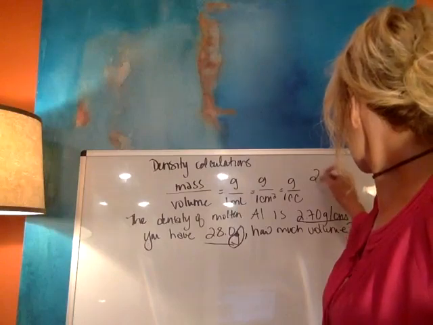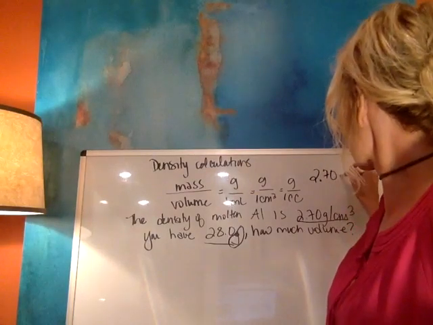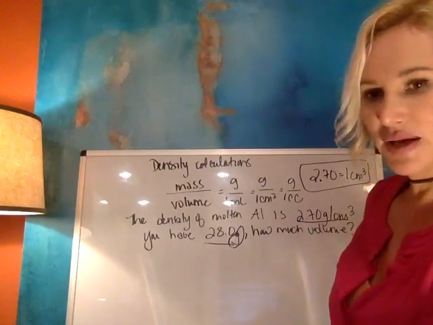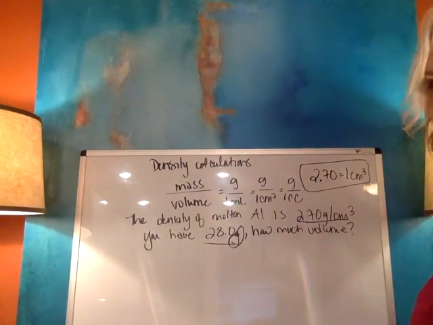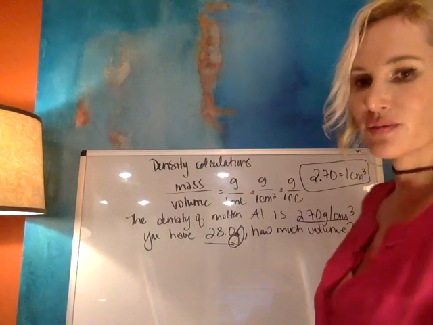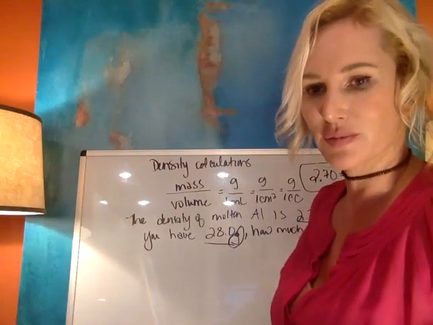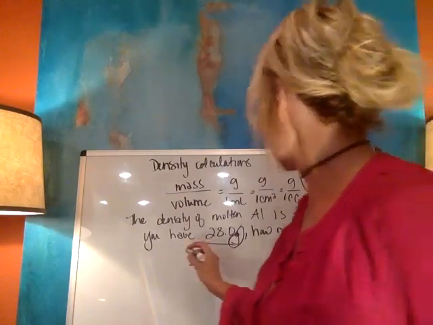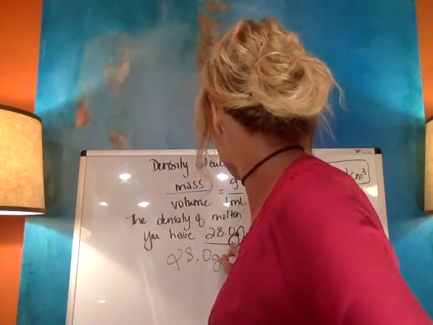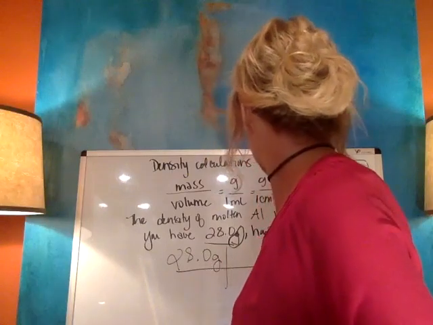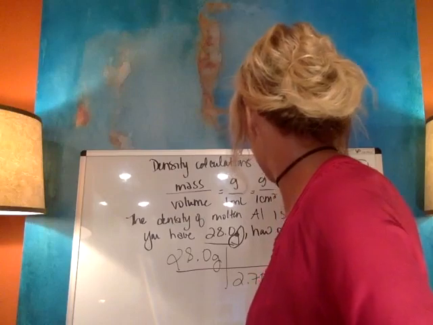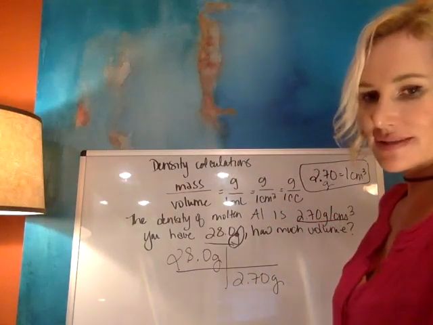This density, we don't always think of it as an equivalence, but we can rewrite it, and density is actually an equivalence. We can say 2.70 grams equals 1 cubic centimeter. That way the 1 cubic centimeter can go on top or on bottom, depending on what we need to cancel out. In this case, 28.0 grams, and then we put the 2.70 grams on bottom, which isn't how we're used to seeing density,